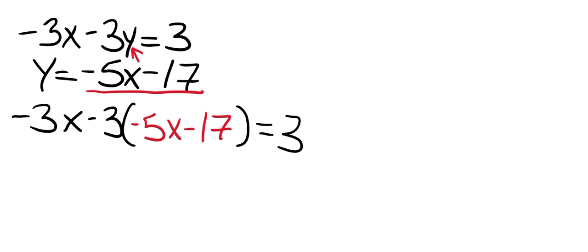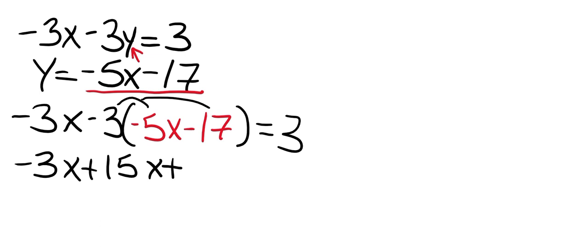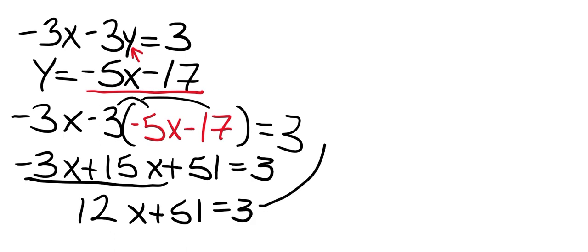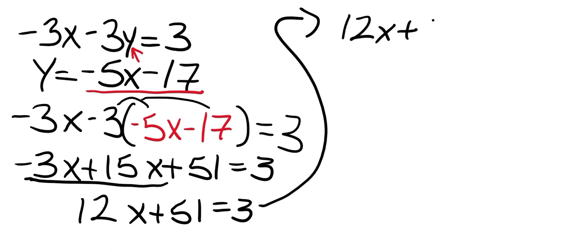is equal to 3. Next, we're going to distribute the negative 3 inside the parenthesis, and we get negative 3x plus 15x plus 51 equals 3. Next, we need to combine like terms. First, we're going to combine negative 3x and 15x to get 12x plus 51 equals 3. We're going to continue up here. 12x plus 51 equals 3. Next, we're going to subtract 51 on both sides